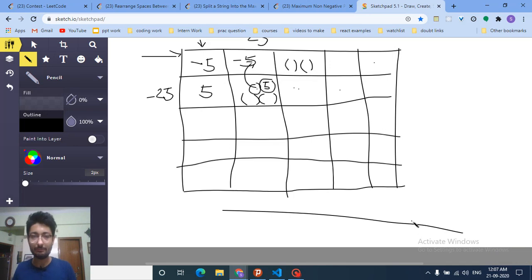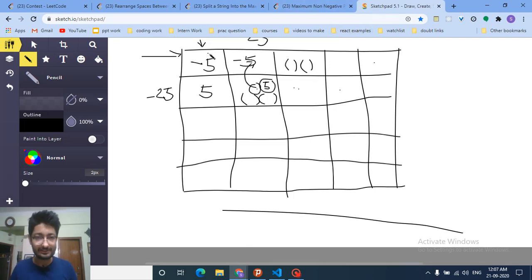I cannot do some other path, because as you can see, if I have only one row and I have to reach from first to the last, I have to hop over every grid cell, I have to multiply all the things and I have to reach the end. So I do not have different paths on which I can travel. There is only one path, so I can easily find out the value.